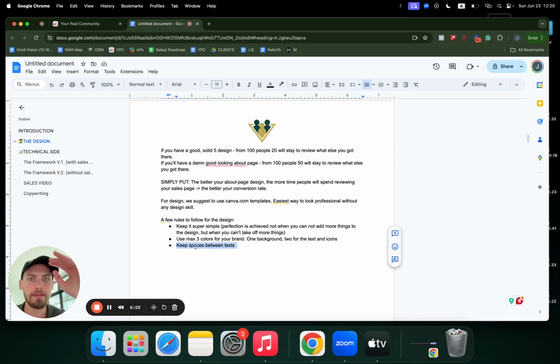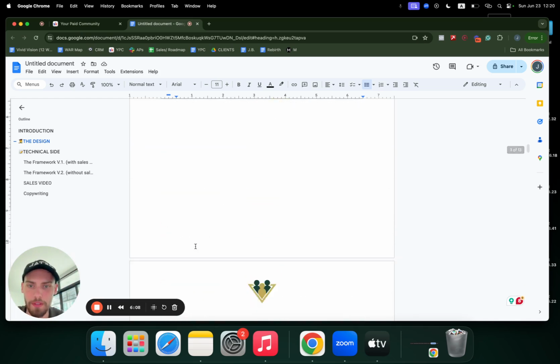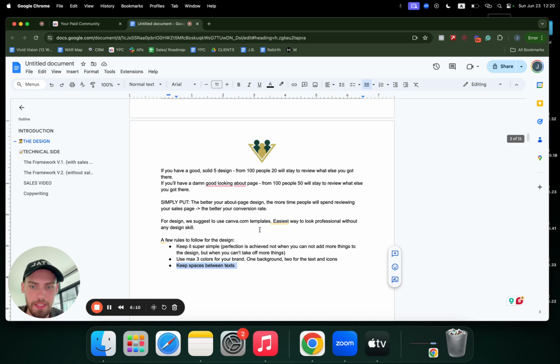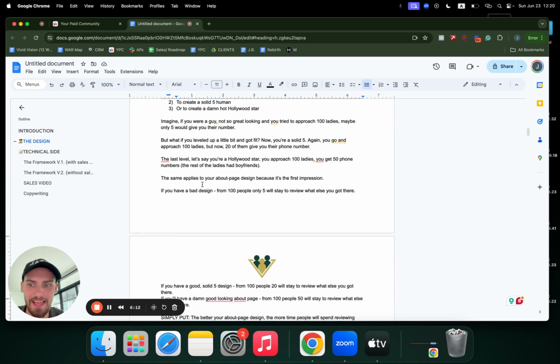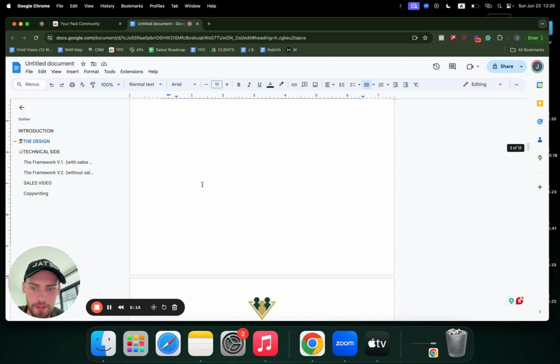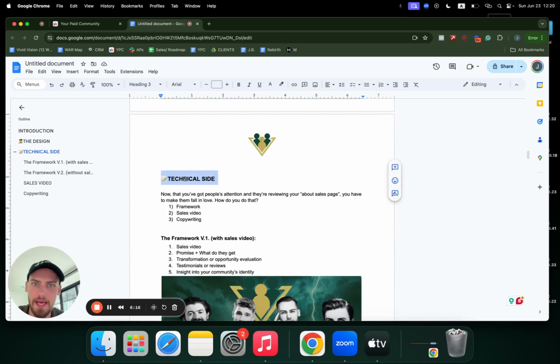All right, the less text the better. Anyways, moving forward, you're not going to need to do anything in terms of design right now. That's actually going to be the last step, as you're going to learn. But let's move into the technical side, as it's also super important, even more important, because now you have